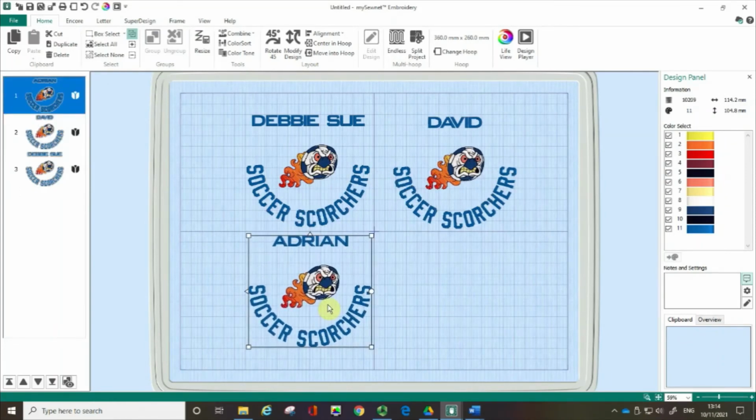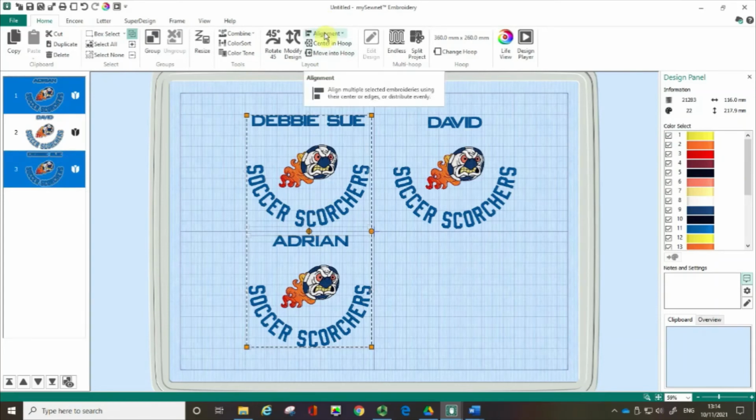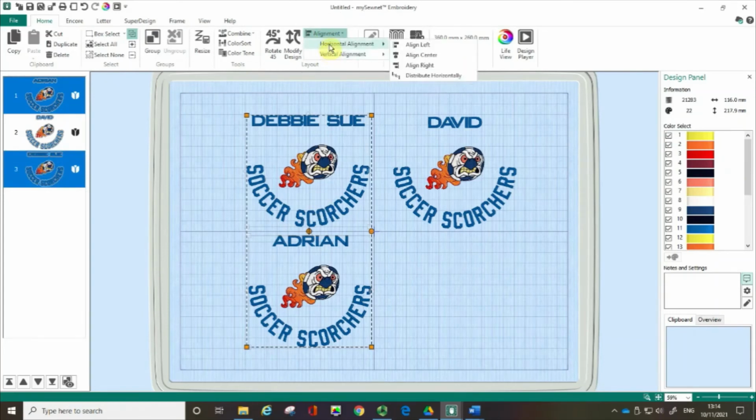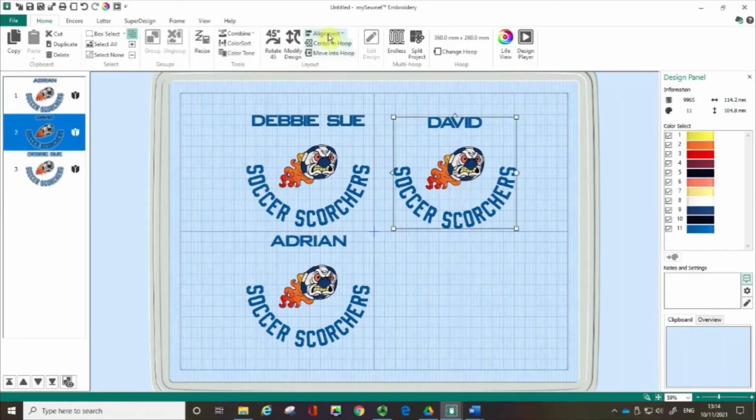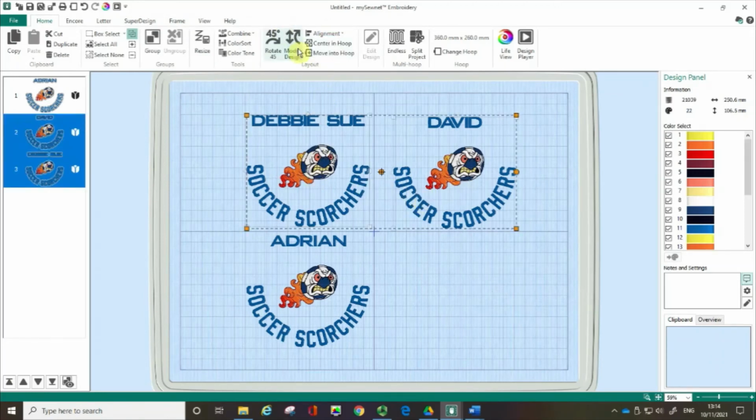And I'm just going to pop these in. And so what I'm going to do is I'm going to select the Debbie, Sue and Adrian one, so I'm going to hold down my Control or Command key, and I'm going to click both of those. I'm going to go to my Alignment tab. I'm going to go Horizontal Alignment and align them both to the left so they're exactly on top of each other, and then I'm going to just click outside that box, click on the Debbie, Sue and click on the David and repeat that. Oh goodness me, they're not both selected. Repeat that